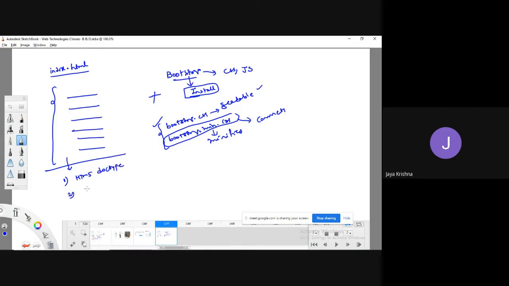And one more thing is you have to define the viewport of HTML5. What is the purpose of this viewport? The purpose of the viewport is to define the width of the web page according to the screen size. Then you have to use various predefined classes based upon our requirement. These two are compulsory.